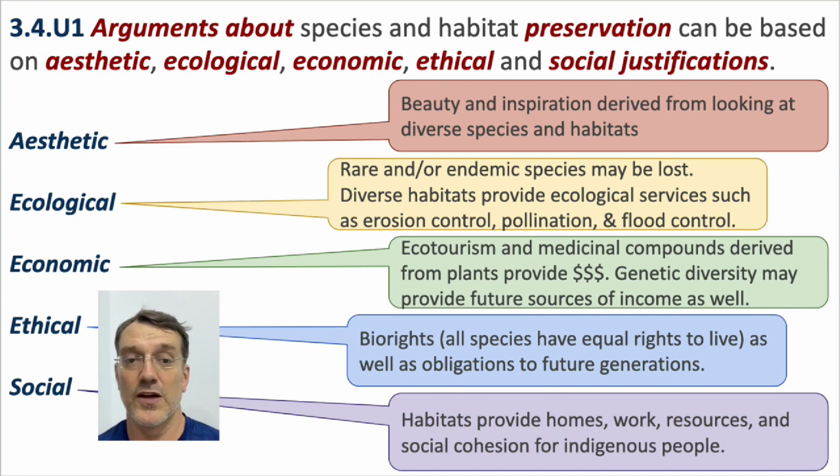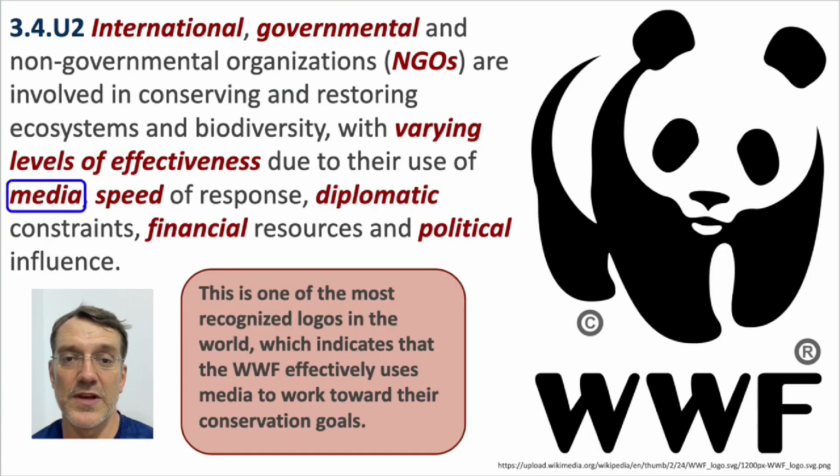And then, of course, the social argument for conserving biodiversity is that habitats provide homes, work, resources, and social cohesion for indigenous people. That will be somewhere in the ecocentric to anthropocentric end of the EVS spectrum. You should be able to discuss how different governments or organizations use different tools or strategies to promote the conservation